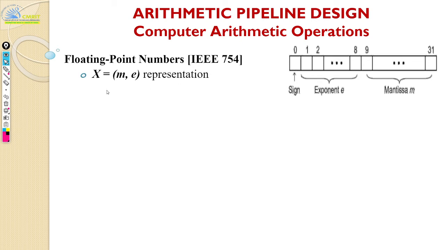So here the representation is something like this, right? It's again something that we have seen in our school days. Floating point numbers are generally represented by M and E, the mantissa and the exponent part. Okay, this is the same as the scientific notation, right? So in scientific notation, what do you have? You have mantissa and then exponent. Generally you represent something like this, right? 3.3 into 10 to the power of 27. Okay, so this 10 is the radix.